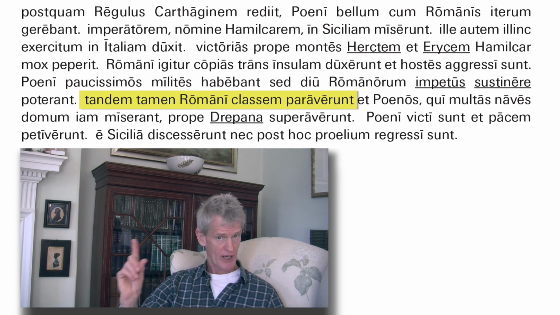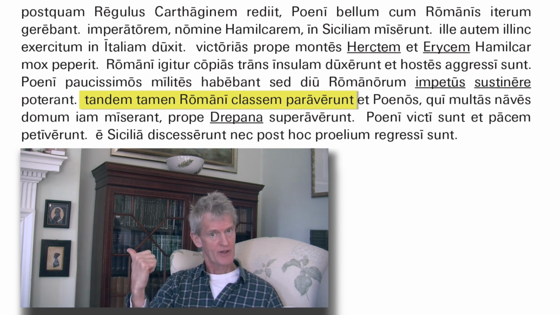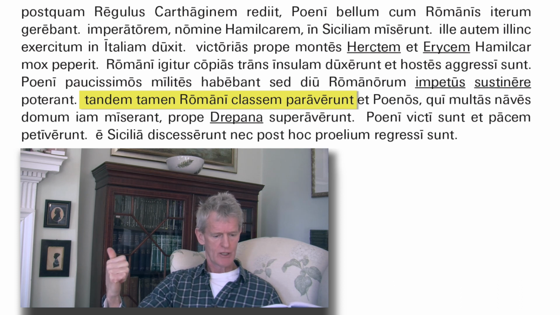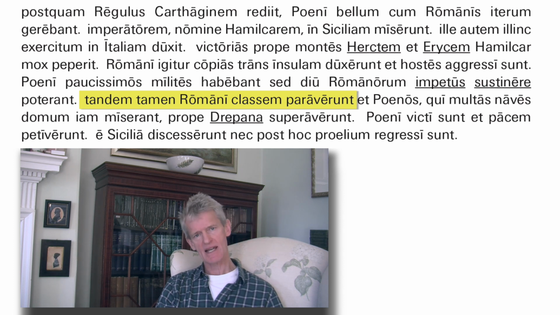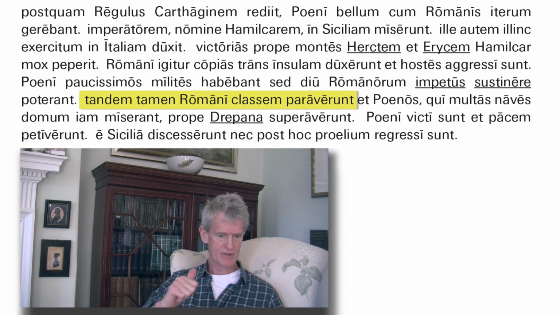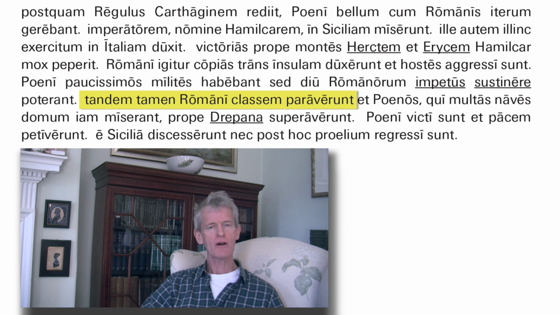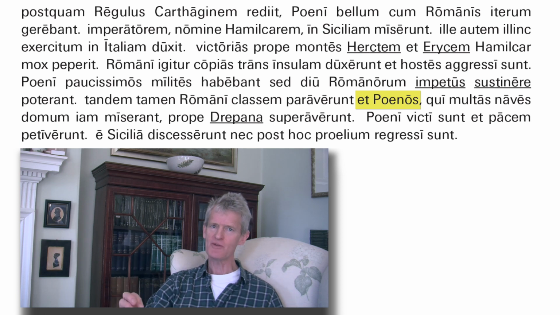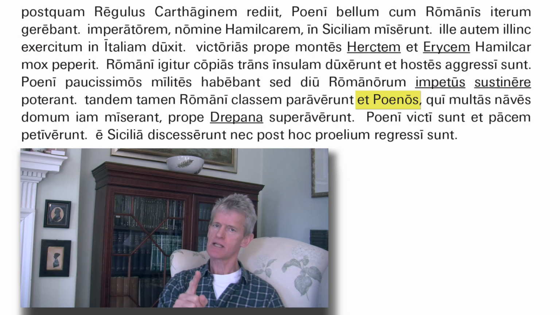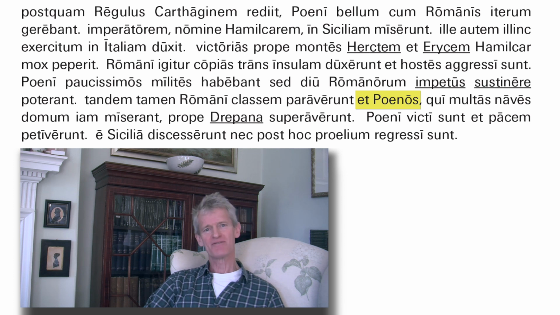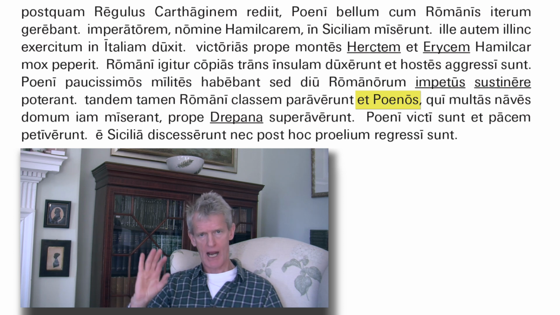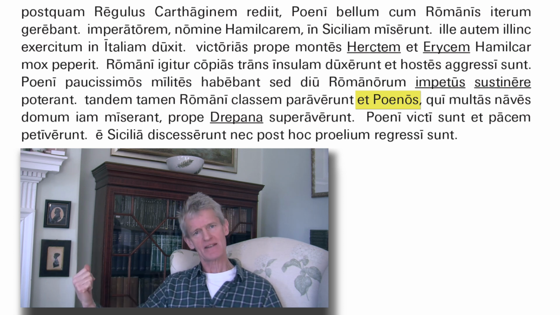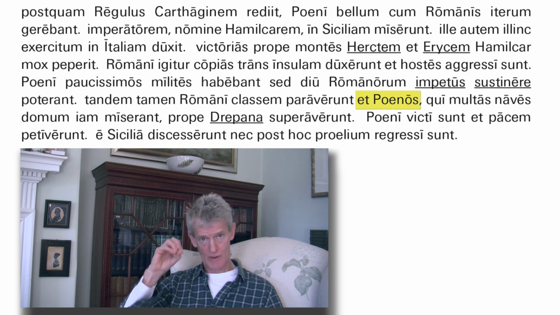Romani, now we're going to assume that's our subject. I've got one eye looking for a third person plural verb. Romani classem paraverunt, there it is. So, the Romans prepared classem, a fleet, accusative singular of classis. So at last, however, the Romans prepared a fleet, et poinos, and no, just don't do it. So many of my pupils would say, "and the Carthaginians," but that's in the accusative. So hold back until we've found the main verb and the subject who are going to be doing something to